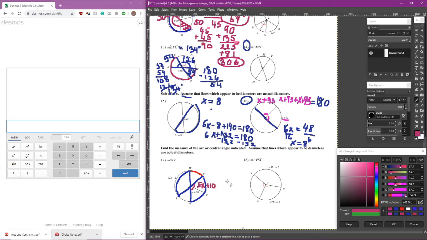Now, maybe we still don't have a super great idea about how to solve this, but we can stand back and look at what we have. We have an arc that is labeled as 12x minus 2, and we have another big arc on the other side that has two little parts, 5x plus 10 and 5x plus 10. We know that this piece equals that piece, so I can start making an equation. I can say that 12x minus 2